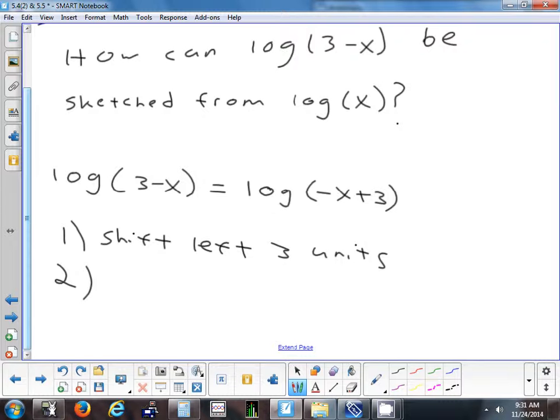Well, if you reflect first, then technically that would work, because if you do a reflection, then all your transformations get reversed. But I don't like to think of it that way. Let's just stick with it this way. So shift left 3 units and then reflect